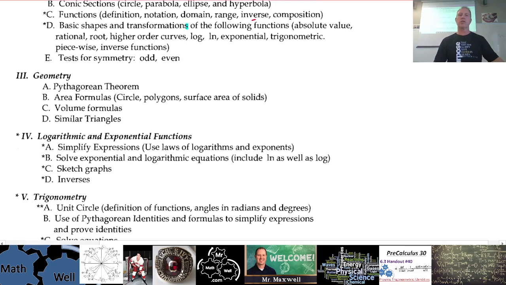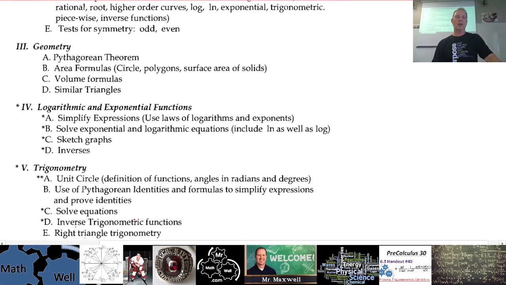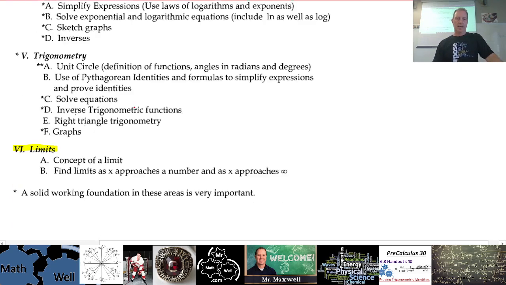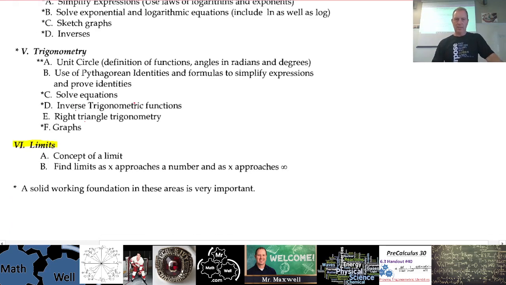So geometry, there's Pythagorean theorem, areas, area formulas, volume formulas, all that sort of stuff. Logs and exponents, trigonometry, sine, cos, tan. And now limits. So limits, this is something that we're going to focus on in calculus. This is something that you haven't been exposed to in pre-calculus. The concept, though, is something that I have brought into some of the pre-calculus